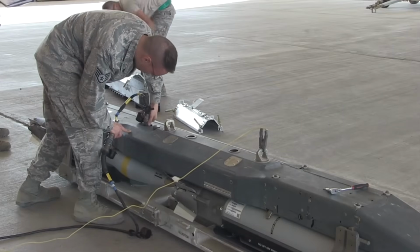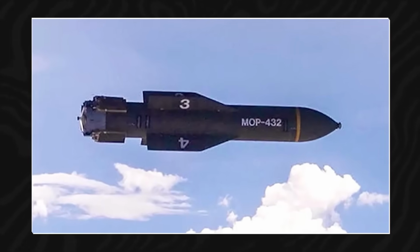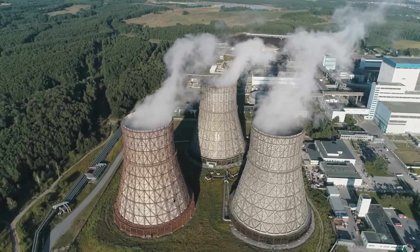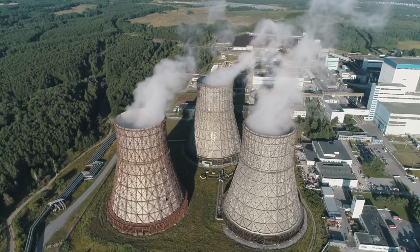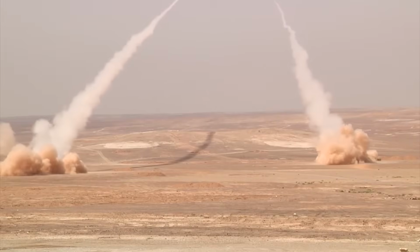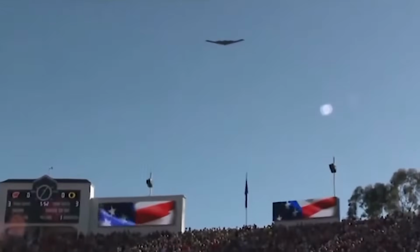the Houthis' underground facilities. Another potential weapon that may have been employed is the GBU-57 Massive Ordnance Penetrator, MOP, a 30,000-pound bomb designed to destroy deeply buried bunkers. While it is typically reserved for high-value strategic targets, such as nuclear facilities, its deployment in Yemen cannot be ruled out entirely. If the US determined that the Houthi bunkers contained advanced missile systems or other critical assets, it may have justified the use of such a powerful weapon. However, given the secrecy surrounding the operation, it is difficult to confirm whether the MOP was used in this particular